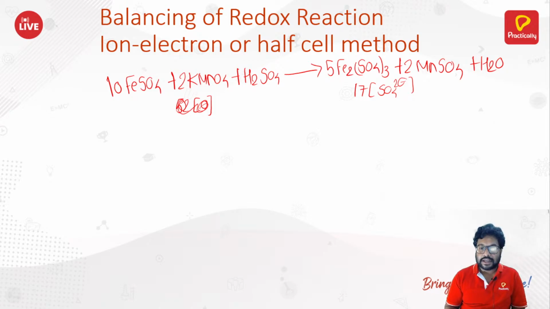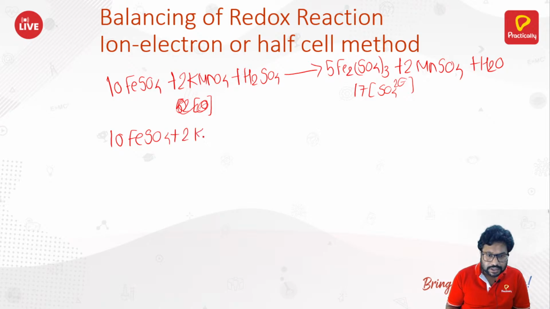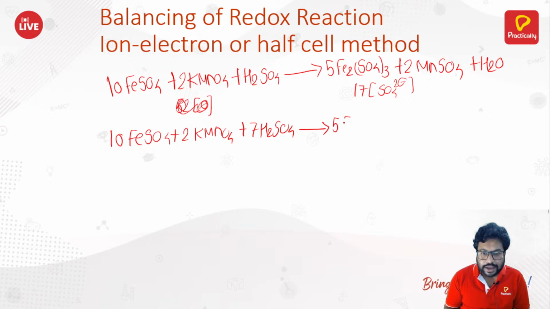How many sulfate are there on the left hand side? 10 sulfate are already here from FeSO4, and you need to make it 17. That means you need 7 H2SO4 here. So 10 FeSO4 plus 2 KMnO4 plus 7 H2SO4 gives you, now sulfate are balanced, 5